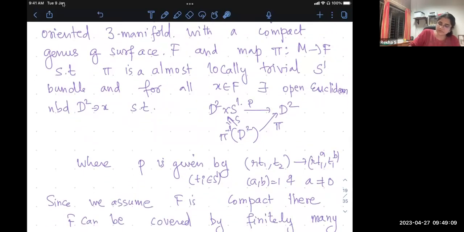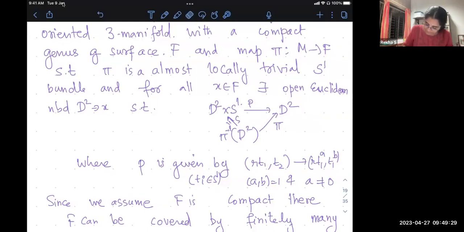This map p is given by taking any pair of points, denoted r t1, t2, where t1, t2 are in S1. We're thinking of r as varying between 0 and 1, and this gets mapped to r t1 to the a